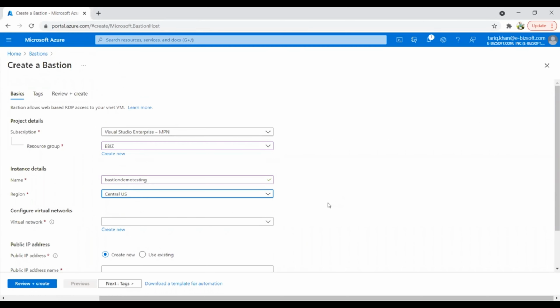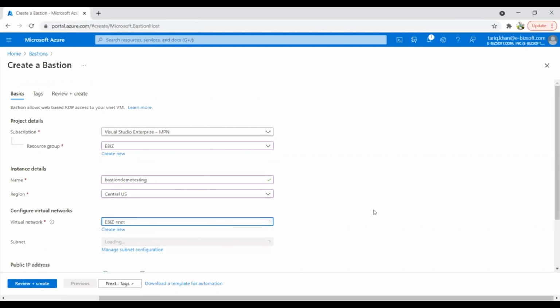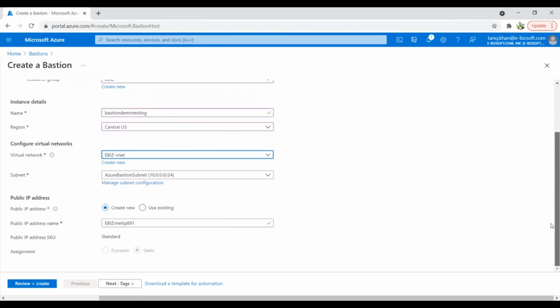Here you can see, and then I'll select the virtual network, and then I'll move and simply click review and create Azure Bastion. And here you can see the subnet for Azure Bastion will be 10.0.0.0/24. So review and create.